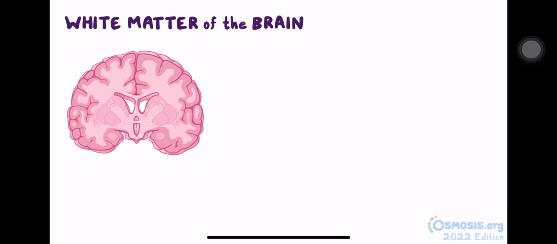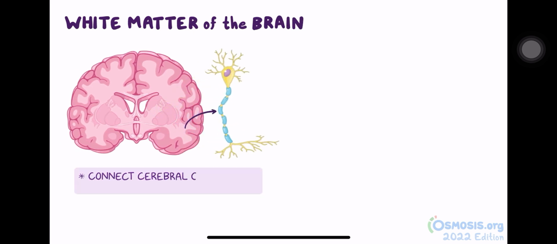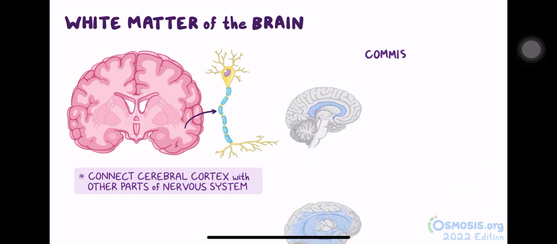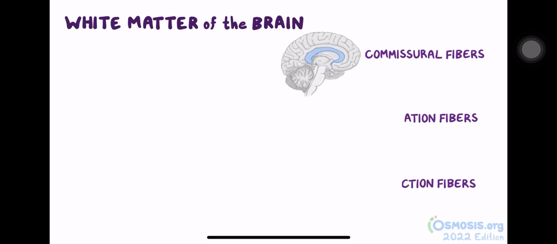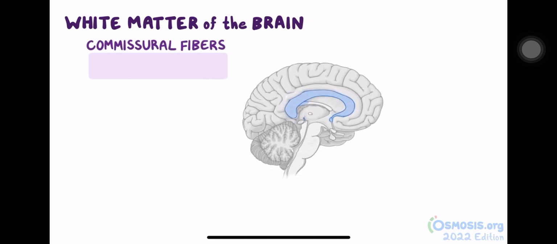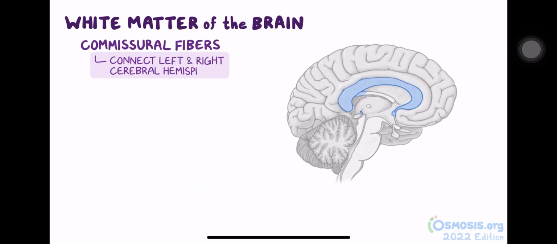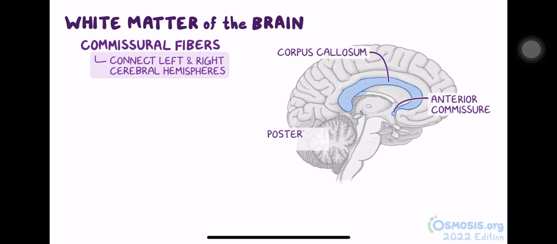Alright, as a quick recap. The white matter of the brain contains axons that connect the cerebral cortex with other parts of the nervous system. The connections include commissural, association, and projection fibers. Commissural fibers connect the left and right cerebral hemispheres and form the corpus callosum, the anterior commissure, posterior commissure, and